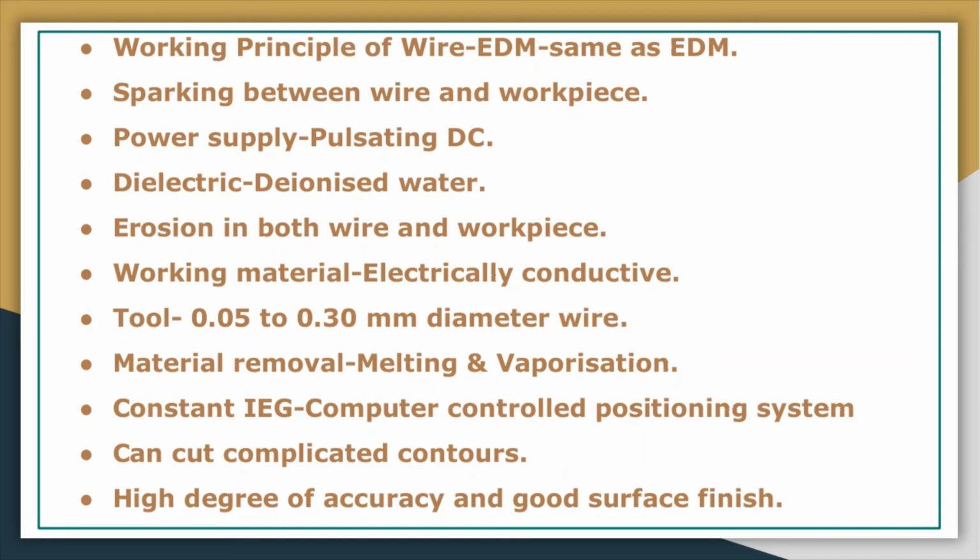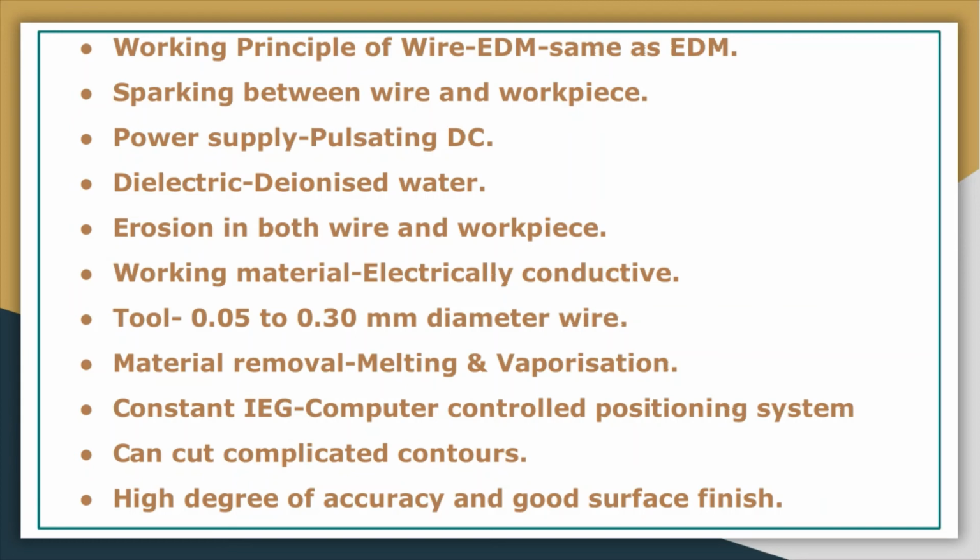But if you reduce the diameter of your wire, your material removal will reduce, because the current cutting capacity of this wire will also reduce. So it may happen that this wire will frequently break if you are using higher current through this small diameter wire. So based on your application and your material, you have to choose your wire diameter. Now this process has certain advantages. We shall discuss all these things.